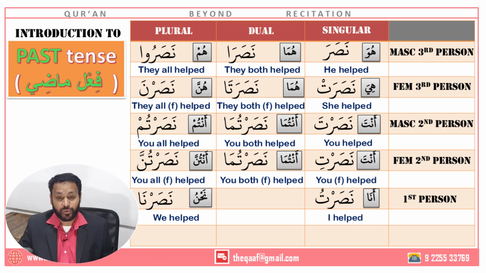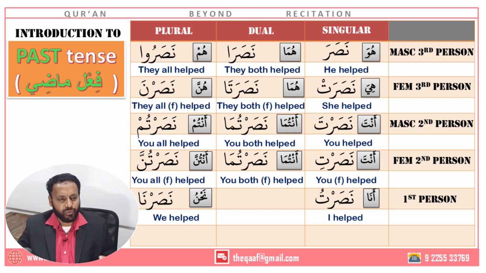Then comes the important word at the hunna position. Two things you need to remember: the last root letter gets a sukoon on this location, and the noon with the fatha is added at the end of the word. Any word you take, Jalasa will become Jalasna, Katala will become Katalna, Fataha will become Fatahna, Daraba will become Darabna. So there is no difference, it is the same word. When you come to this location, this is what you will get: last root letter sukoon and a na with a fatha at the end.